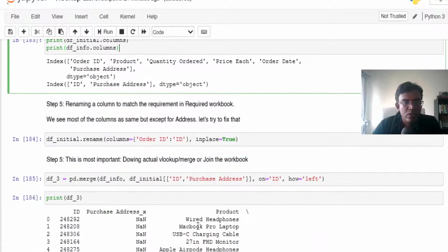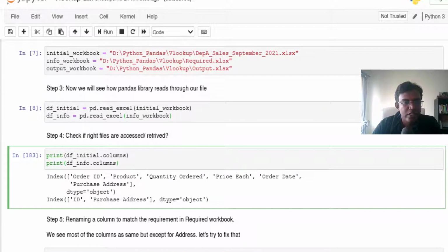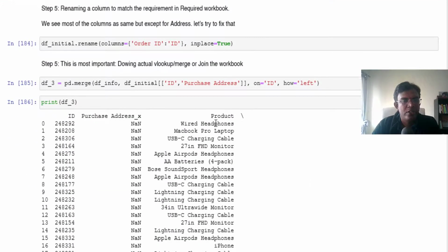So in order to normalize the information, what I'm doing is renaming the column header of order ID as ID for a temporary purpose. So data frame initial rename column order ID to ID in place equals true. Okay. So now once that is done, now I'm doing the actual important thing of this whole project,